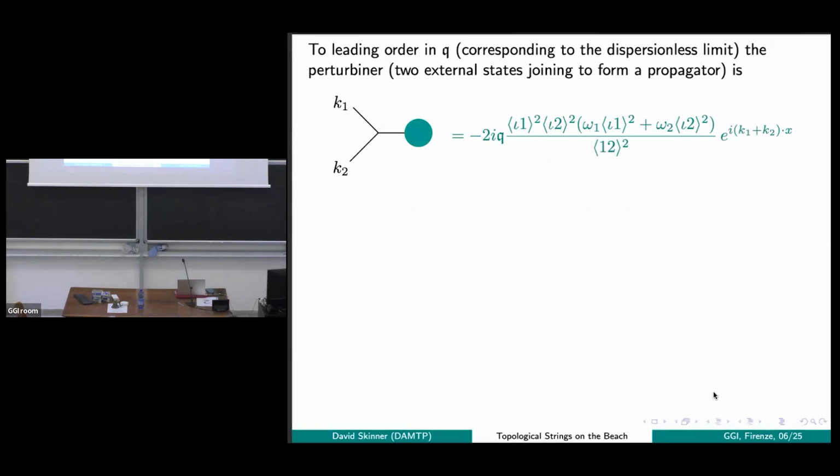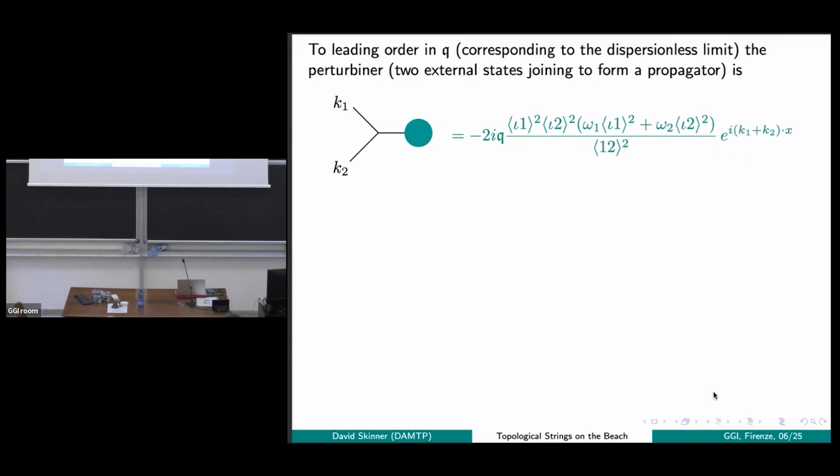And then what you get for this diagram, so these two momentum eigenstates, now standard null momentum eigenstates, joining to form a propagator that propagates to some point x, where it meets whatever the rest of my diagram is, it turns out they look just like that. Where this ⟨1 2⟩ squared in the denominator is basically just the propagator, (p1 plus p2) squared, written in 3 dimensions. The fact that you get a double pole is, again, because in 3 dimensions our null momentum was the same spinor twice. That's why we get this double pole.